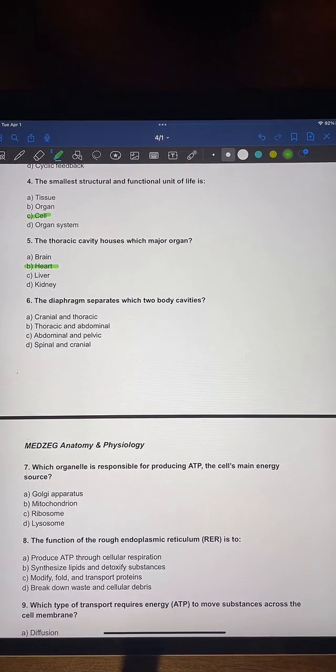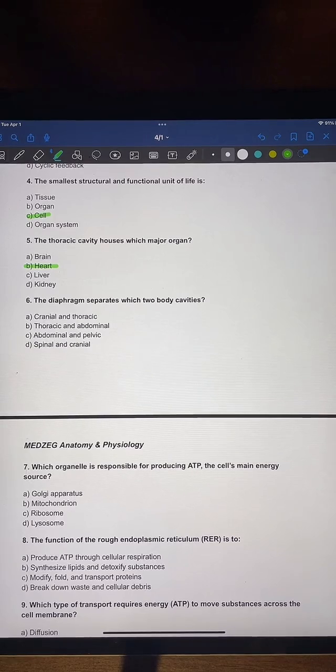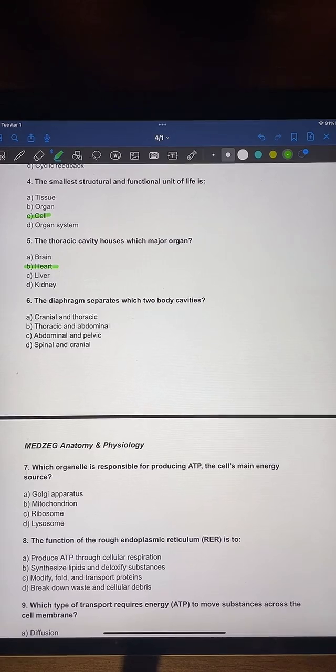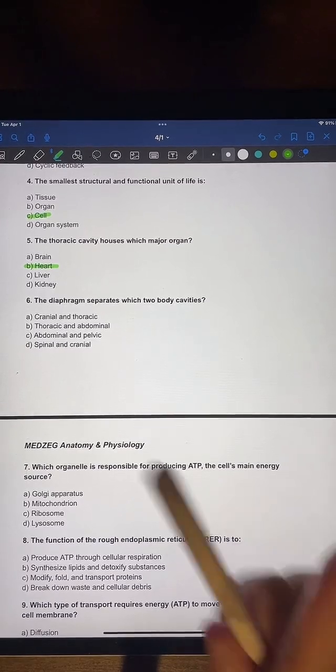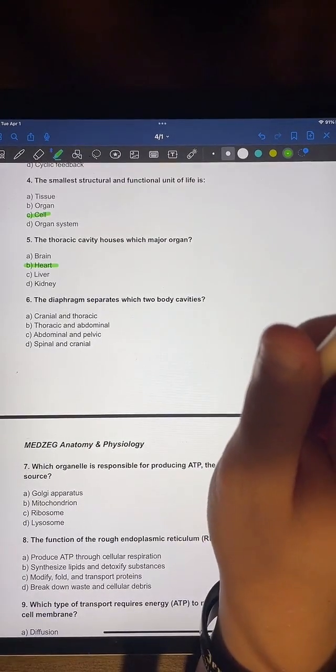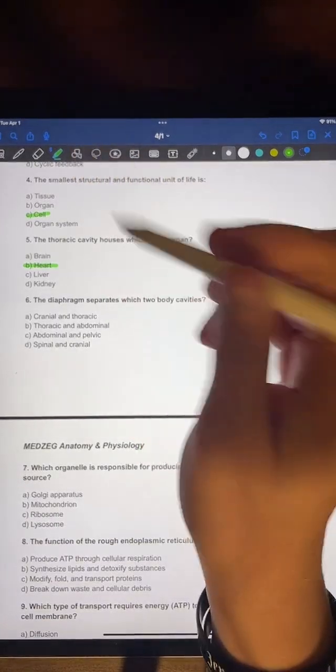Taking my HESI tomorrow. Good luck on your HESI. You got this. Yes, these are questions that are similar to the actual TEAS, both TEAS and HESI. These lives, do I post them on YouTube? Yes, they get posted either the same day, later in the night, or in the morning. This one should be on later tonight. If you've missed anything, it'll be on YouTube afterwards.